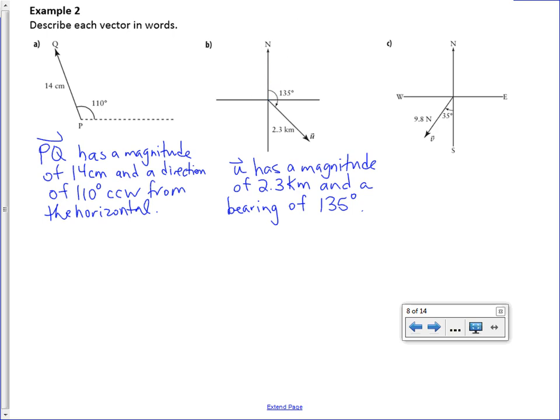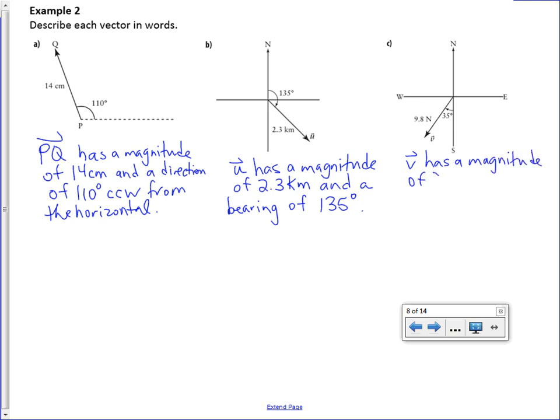When you see that in the homework, don't freak out. You'll wonder, why are there zeros in front? That's weird. It's because that's the way a true bearing looks. Okay, and then in this last one, do we see that the first part's going to be very similar, vector V, magnitude 9.8 newtons, but notice this time the angle is referenced just to south, and an arrow going towards west, so this one's going to be, vector V has a magnitude